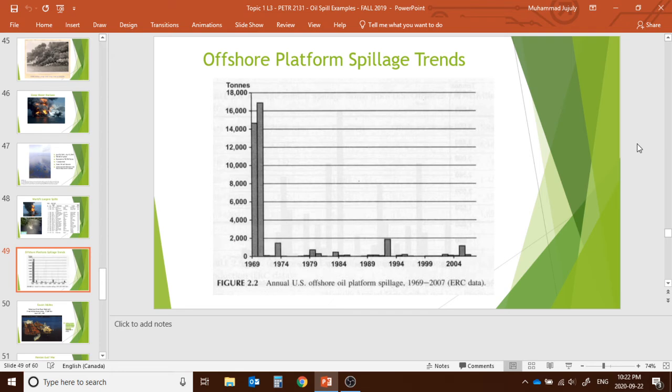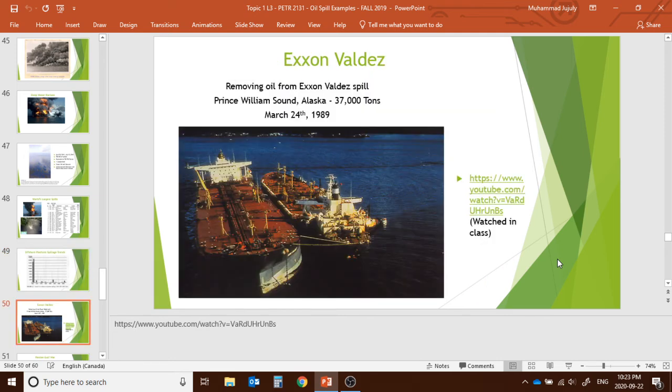Now, the offshore spillage trend, as you can see, in the 1970s it was very high, and after that we have a declining form. And as you can see, from the previous slide we have seen, these numbers are very few now. Exxon Valdez was one of the most prominent